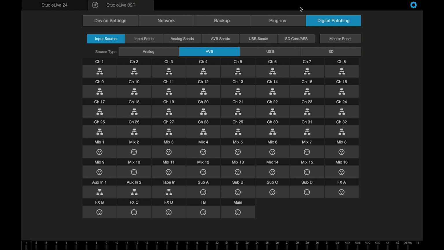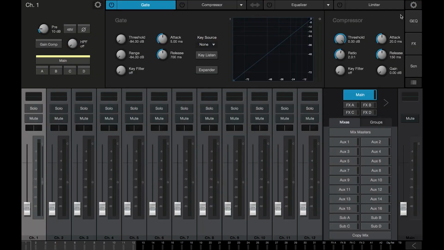So now what that means is when I go back to my mixer, all of my channels, instead of being sourced from the local inputs, are being sourced from the network, which means that they're coming from this mixer here. So if I go ahead and hit play, now you'll see all of the playback tracks that are happening right now at my front of house mixer are coming through on the rack mixer, which in this case is my broadcast mixer. So from here, it's a whole separate mixer. You can do whatever you want.